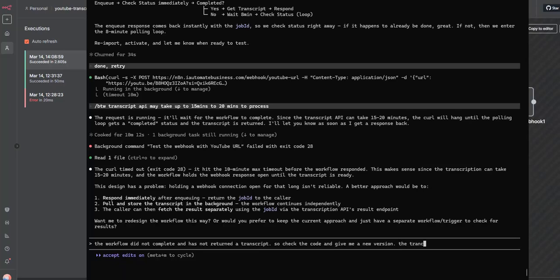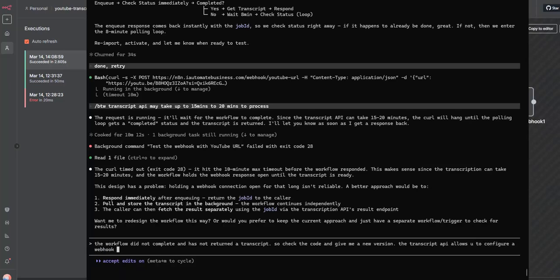The transcript API allows us to configure a webhook as per the documentation. Create a new workflow that accepts the details from the transcript API and returns the transcript when it is posted